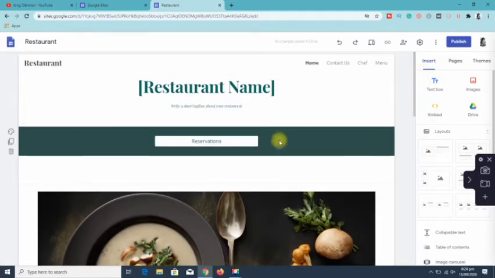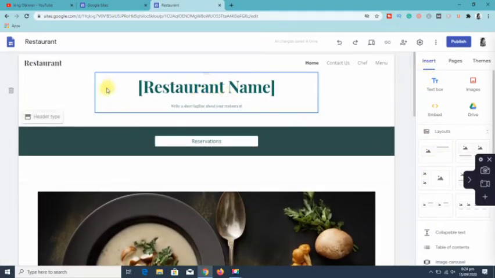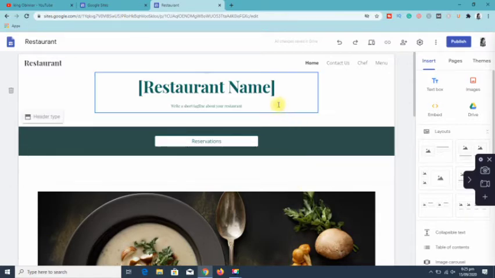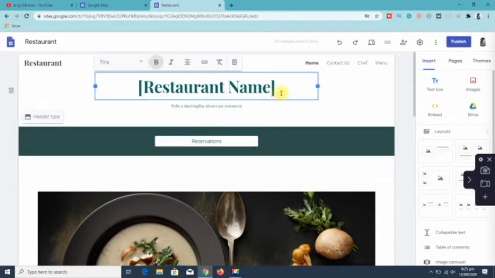So guys, the first thing I want to do is, like I told you, using this platform is very easy. All you need to do is just click on anything, or you can even add elements. It's just drag and drop. So I've just clicked on this restaurant name. I want to change the name of this website. I want to remove the restaurant name, so I'm going to type in